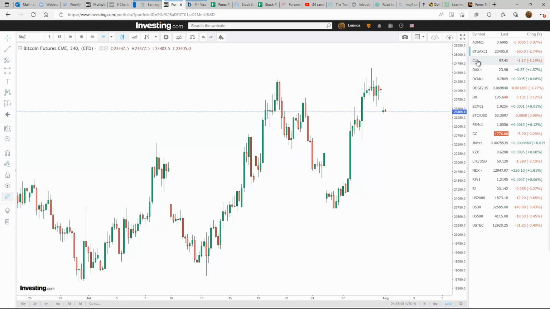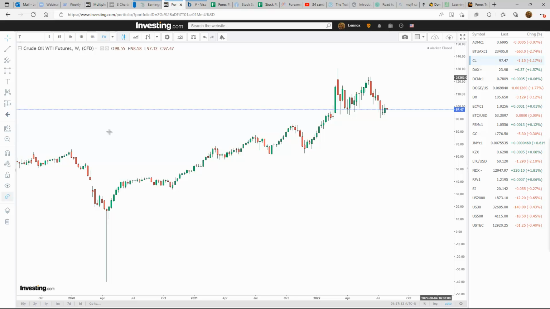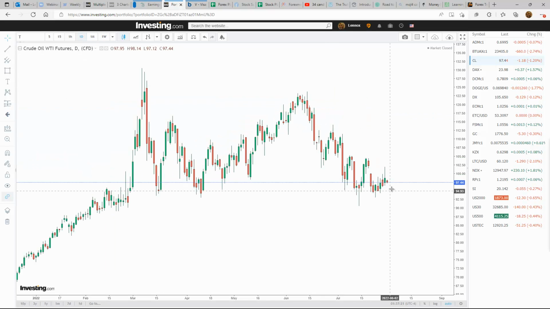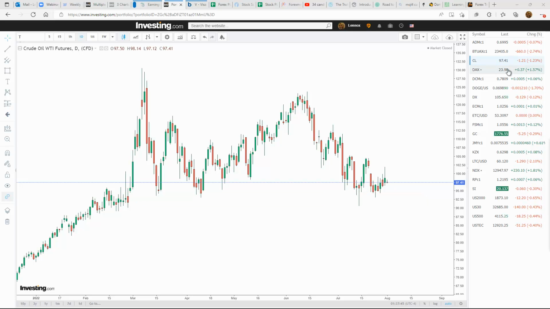All right, look at crude oil. I'll go to the weekly on crude oil. It had quite a run, but is now taking a little turn back to the downside. You can see we're in a downward mode, and going into this week we'll see further weakness. We are indeed at a very strong support area, and we're likely to push into it for this week, and we could see further declines in crude oil as the weeks progress. But weakness to start off, at least in the beginning of this week.